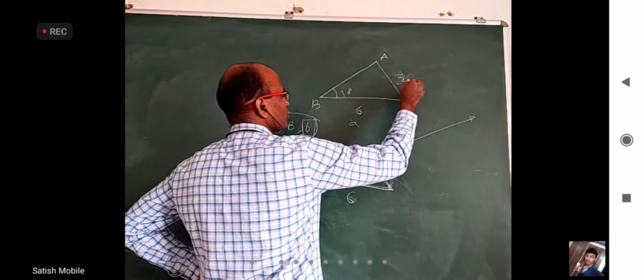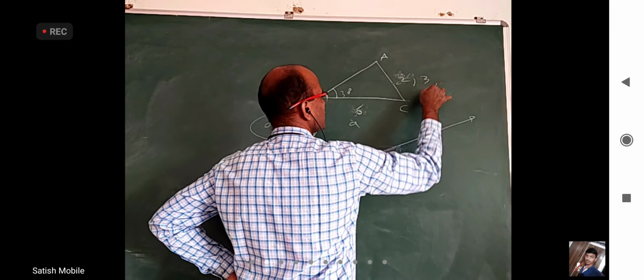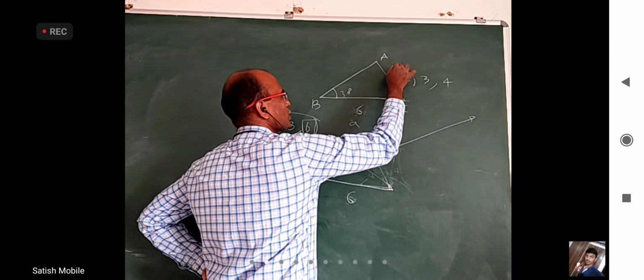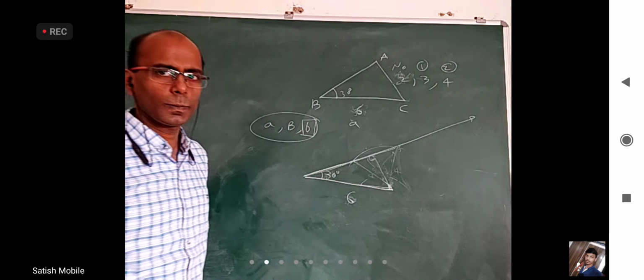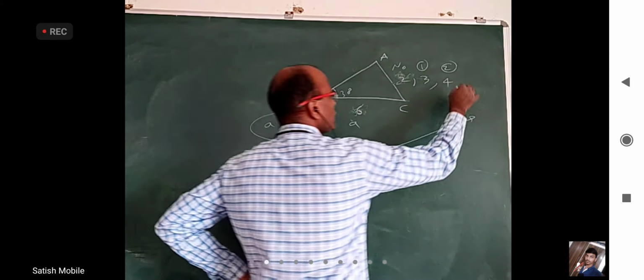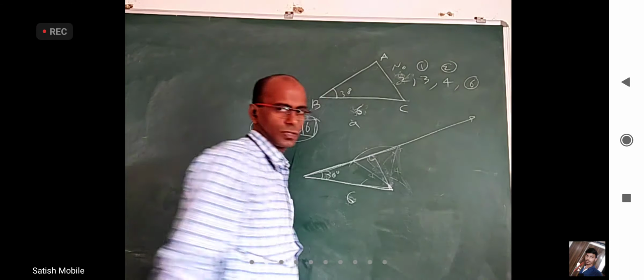What if I give, so we discussed about 2, we discussed about 3 and we discussed about 4. Here no triangle, here one triangle and here we got 2 triangles. What if I take 6? Exactly 6.